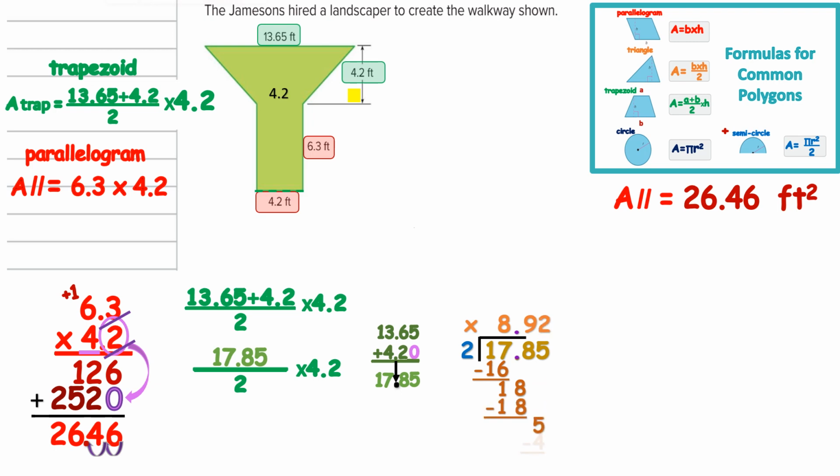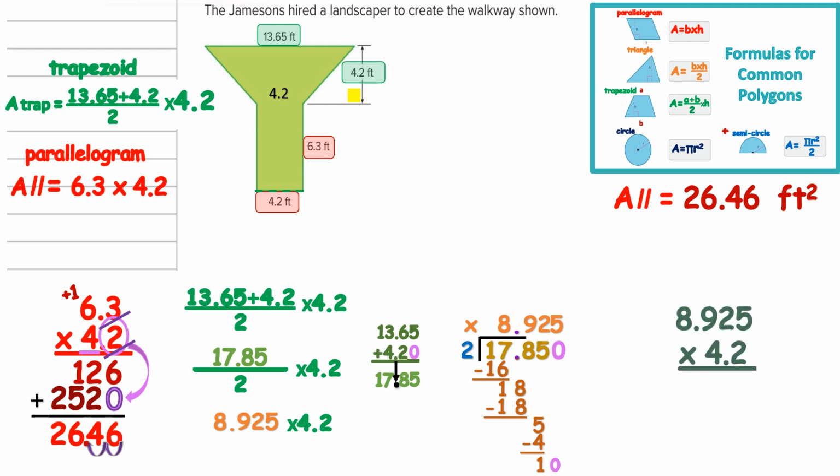and then brought down your 5, and 2 went into 5 2 times, which is 4. But with the remainder, you had to add a 0 and bring it down, and you should have ended up with 8.925. So what we found out then is if I took base A plus base B divided by 2, my new equation that I'm solving is 8.925 times 4.2. So then, once we found that the base A plus base B divided by 2 is 8.925,